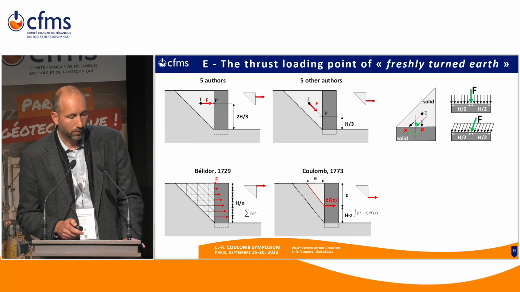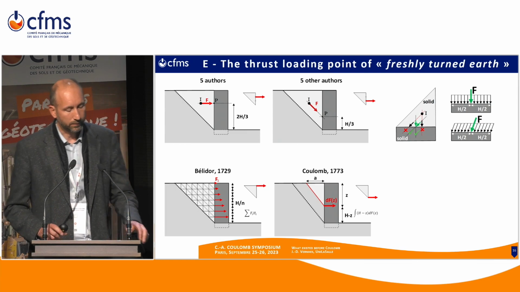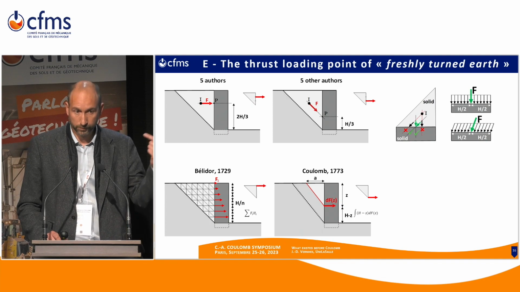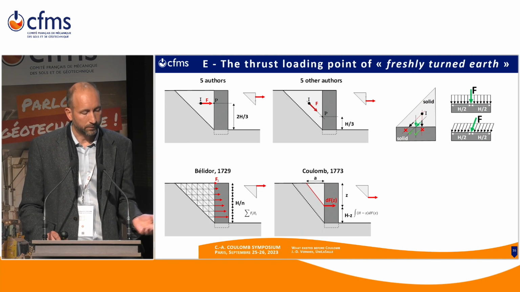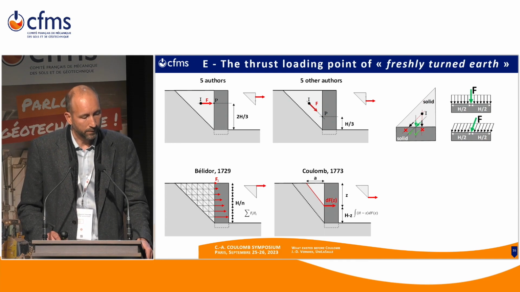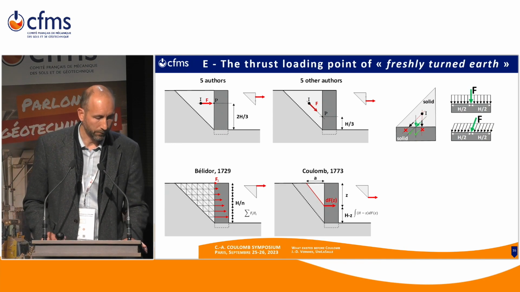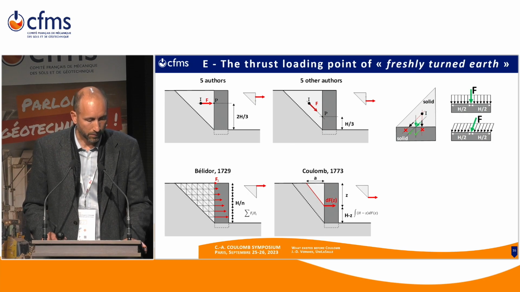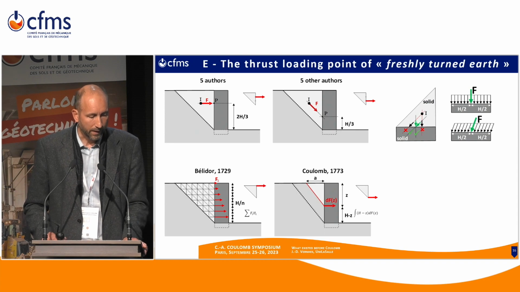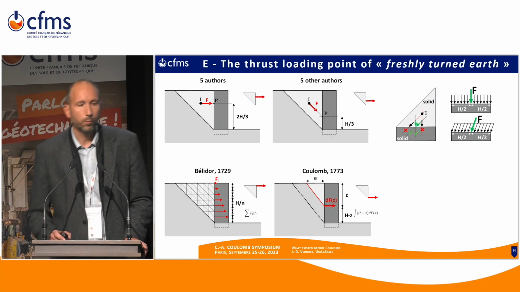So there were only 2 of those theoreticians that found interesting and quite original solutions. Bélidor, because he was the only one to have done that, sliced the solid wedge into many inclined prisms, each one of them exerting its own force on the wall. So when he made the overall effect of those slices of wedges on the wall, he found that 1/3 of this is probably the correct solution for cohesionless ground. He found it to be 1/3 of the wall height.